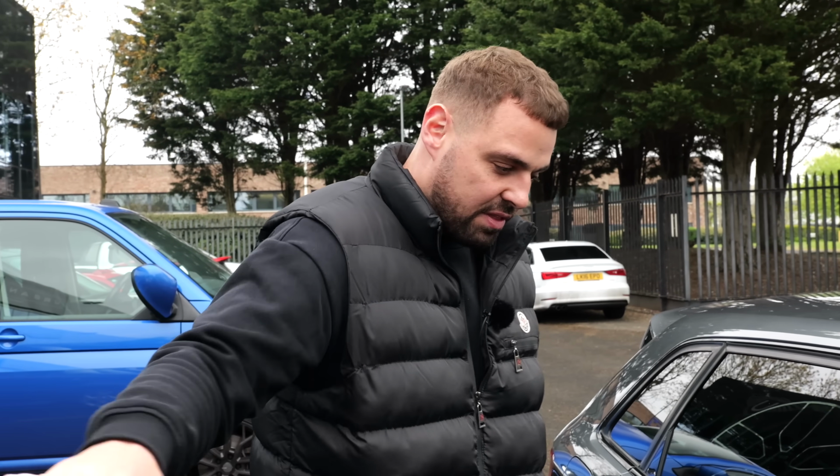But the question is, how good or bad does it drive? So I'm gonna take it for a drive now. I'm pretty confident it's gonna be fine. But I've driven loads of these cars and I do know that they have their issues. So let's take it for a drive and hope that it doesn't scare people from buying high mileage cars, because I think a lot of people are going to watch this and be like, you know what, for the money,